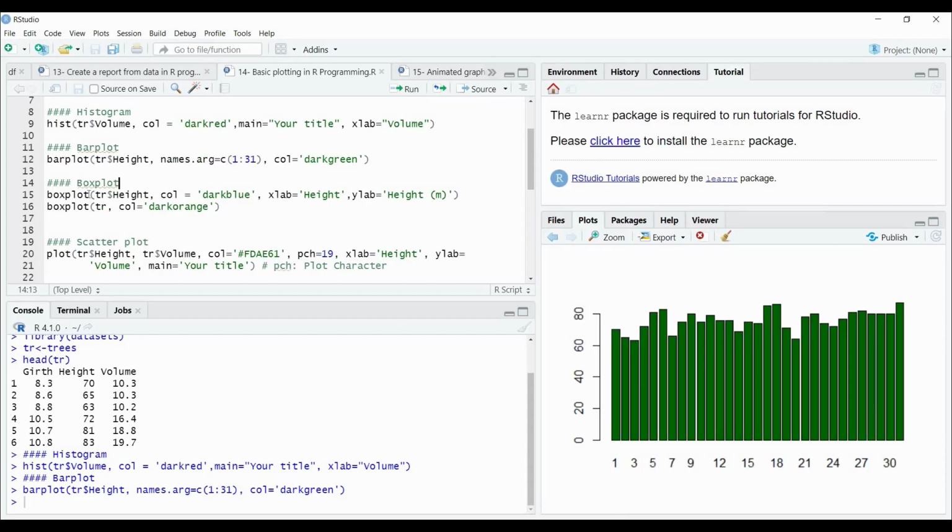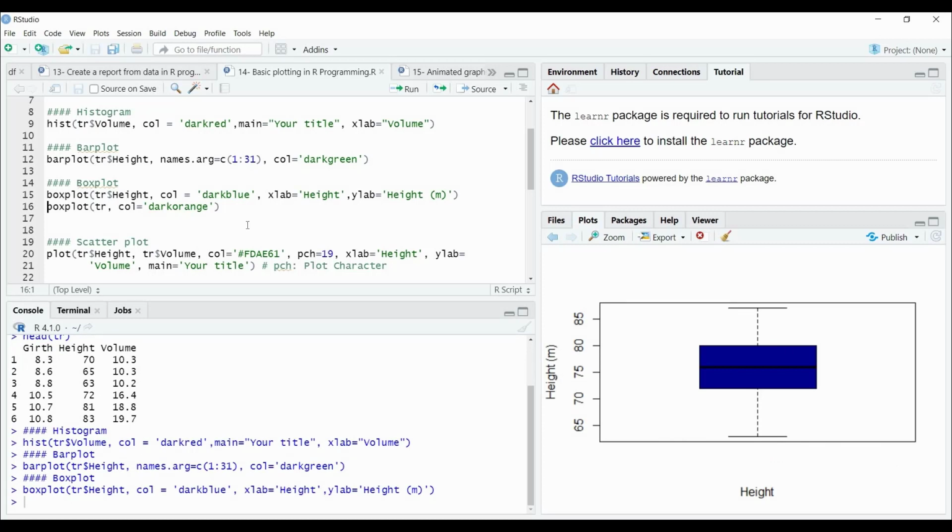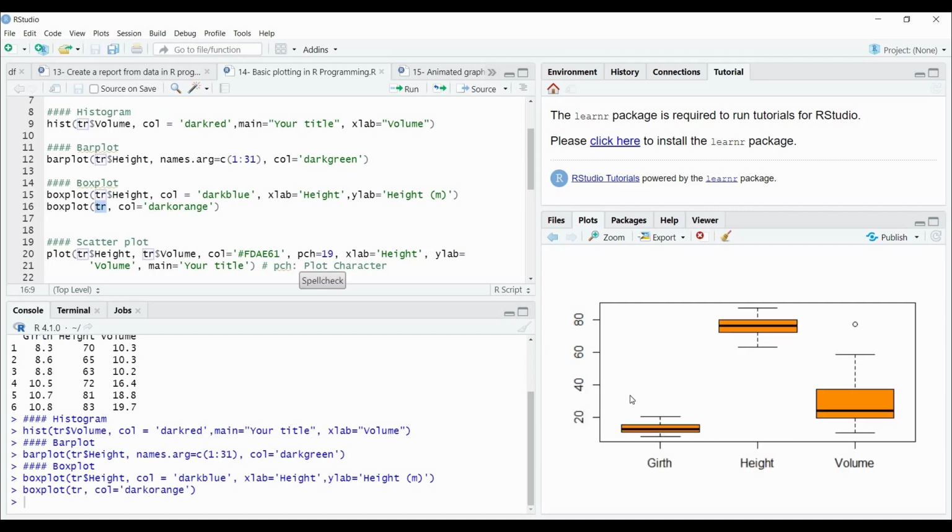We have the box plot function. The data is height, color dark blue, xlab height, and ylab height in meters. We can display multiple variables of box plot together. The box plot is one of the important scientific figures, which displays minimum, maximum, mean, quartiles, and some very high or